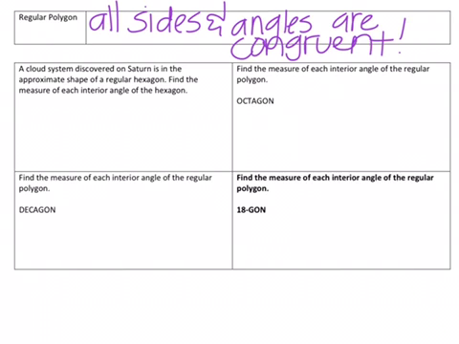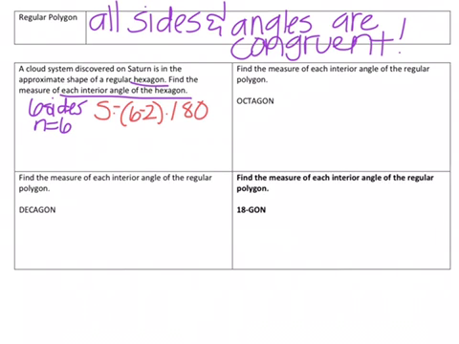Let's look at the first example. A cloud system discovered on Saturn is in the approximate shape of a regular hexagon. Find the measure of each interior angle of the hexagon. So a hexagon has 6 sides. So we need to know what the whole inside is equal to if it has 6 sides. So we just got our n. Go ahead and plug it into the equation of s equals 6 minus 2 times 180. Okay, so our sum is equal to 4 times 180. And I'm pretty sure we've already done this in the video, but we end up getting